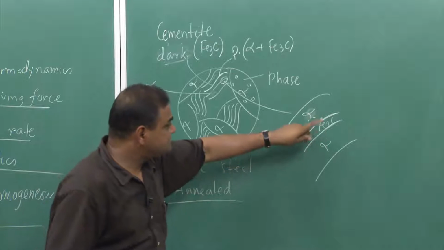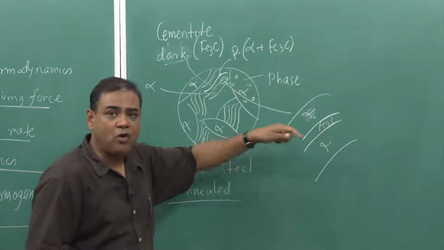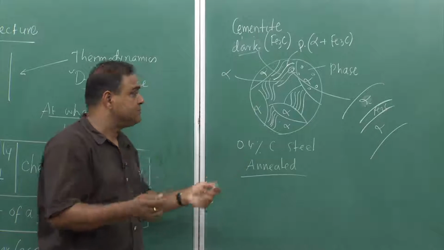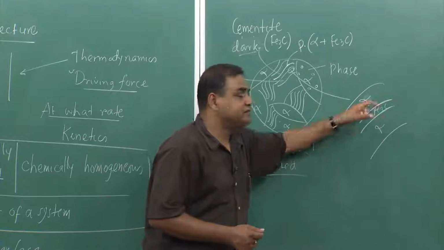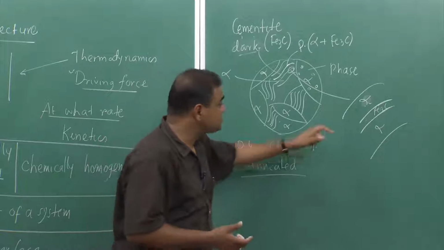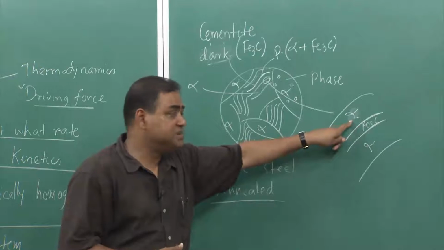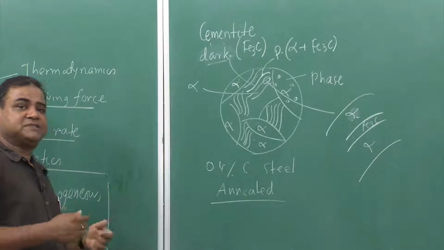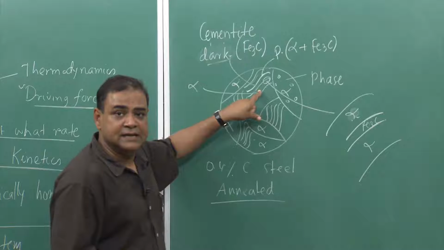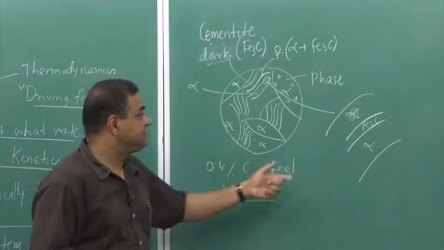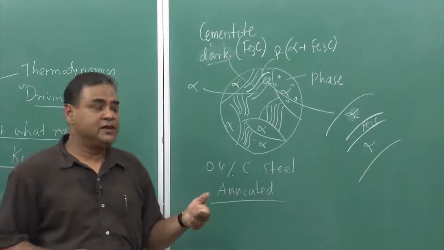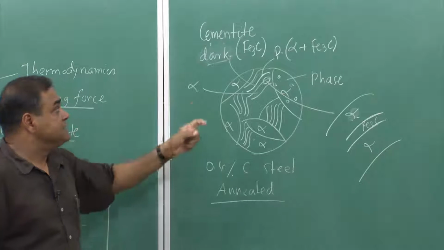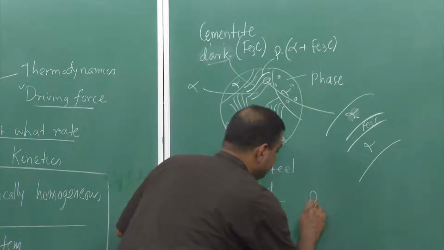Now, adjacent to that, the alpha is also surrounded by a boundary, and it is separated from the rest of the system, and every point in this would have the same composition. So, that means it is also a chemically homogeneous, physically distinct part of the system, separated by a boundary from the rest of the system. So, that means the perlite is not a phase, rather it is a mixture of two phases. So, that means it is a phase mixture. Never make the mistake of saying that perlite is a phase. The perlite is not a phase,